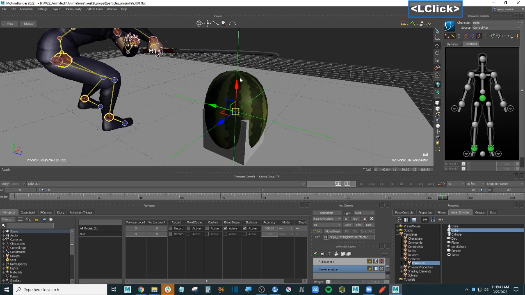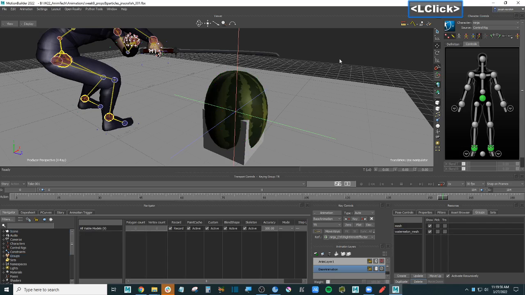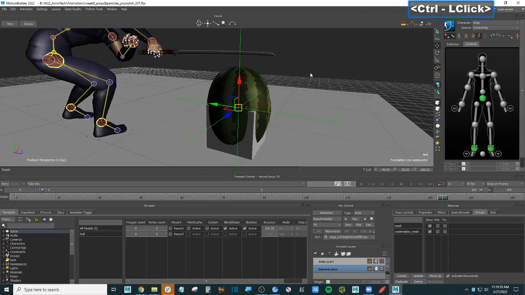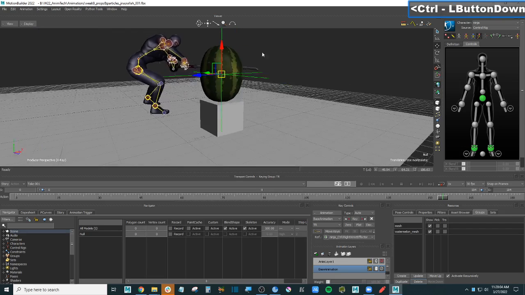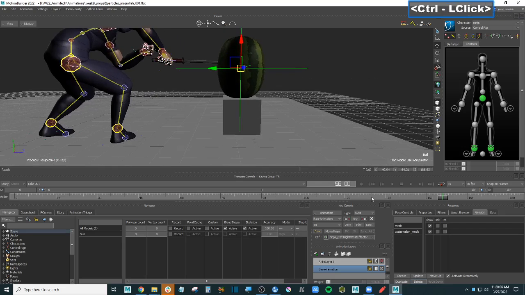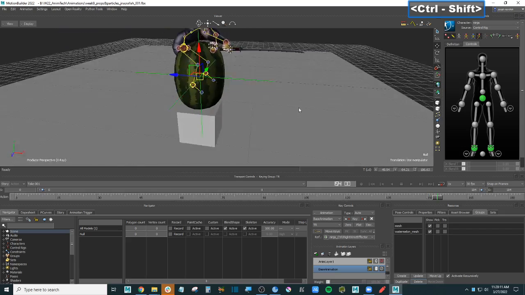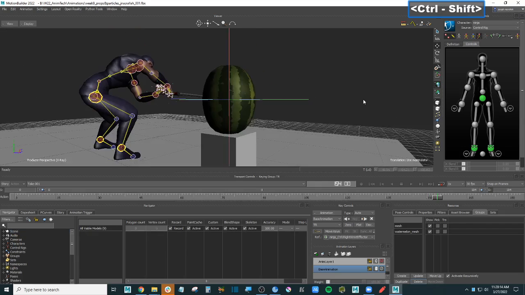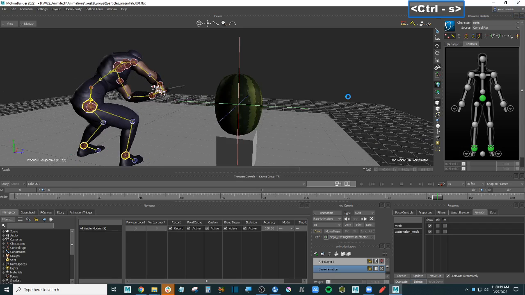And then, so you don't animate the watermelon by mistake, watermelon mesh. See, now you don't select it by mistake. You can take the watermelon and put it in here. If you still think it's a little bit big, it's fine for now. It's okay. Okay, good. Let's save the scene